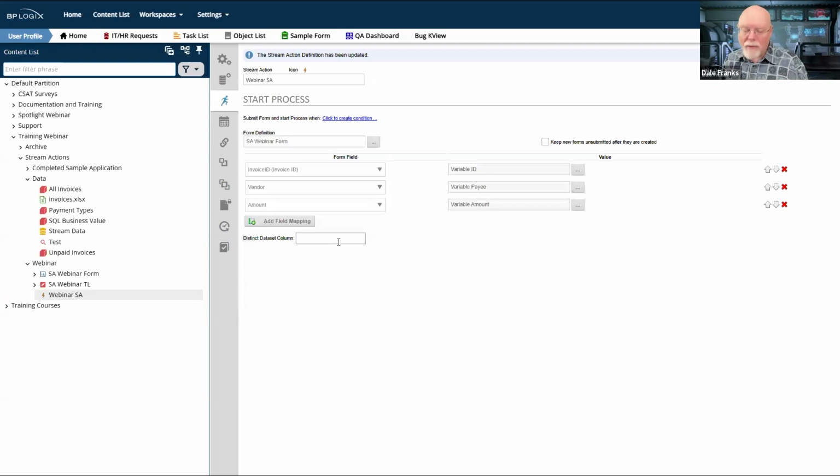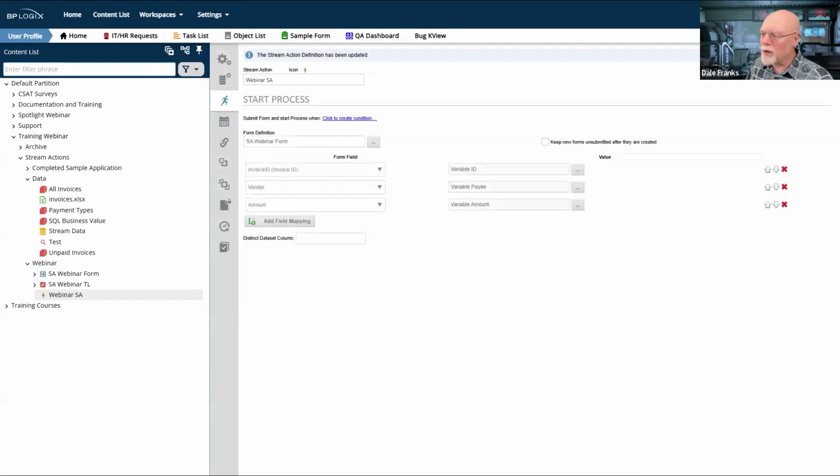But if you have a case where you might have repetitious records and you can identify a column that will only show you a single row to eliminate all of those multiple records, you can use a distinct column. Again, it's really a specific SQL thing, and it's also an edge case, but you certainly have that ability in the product.